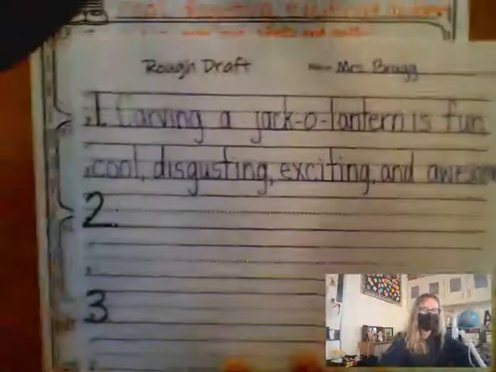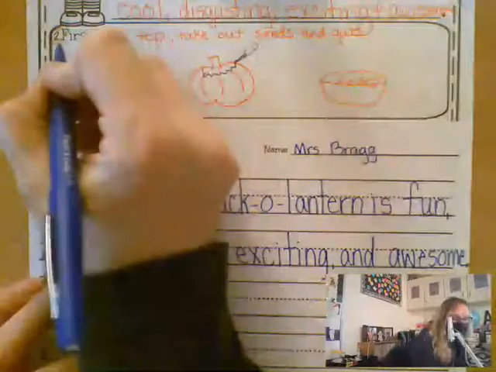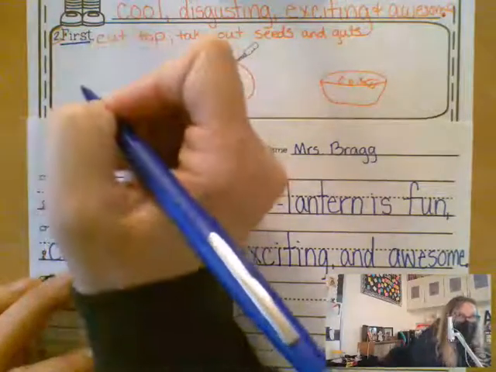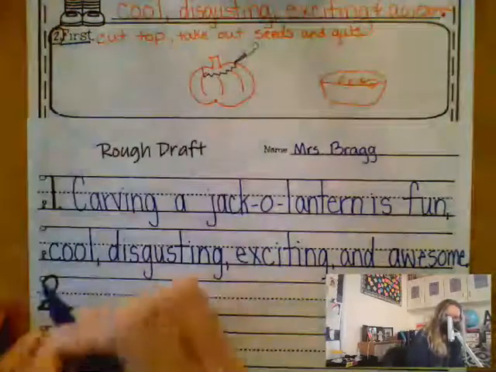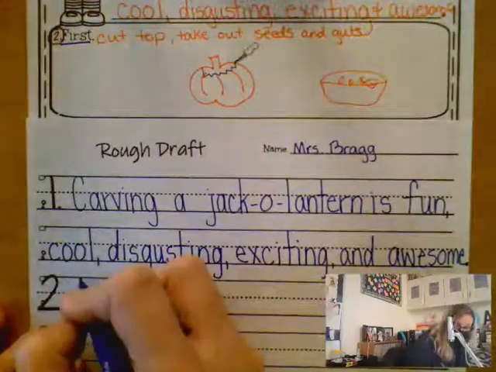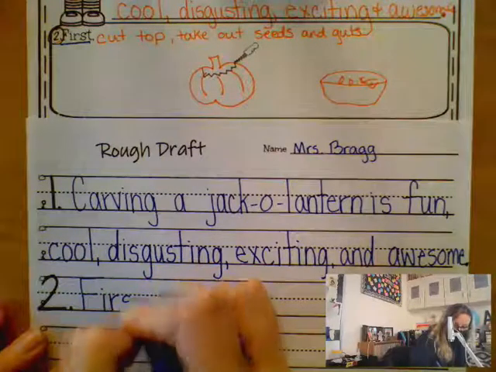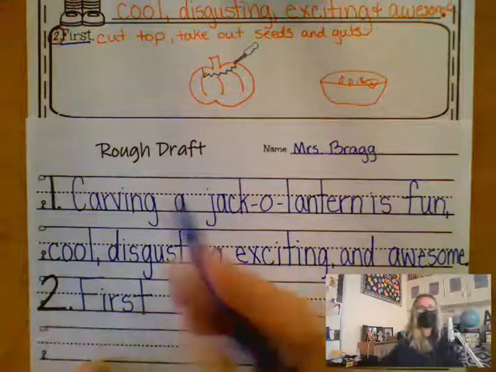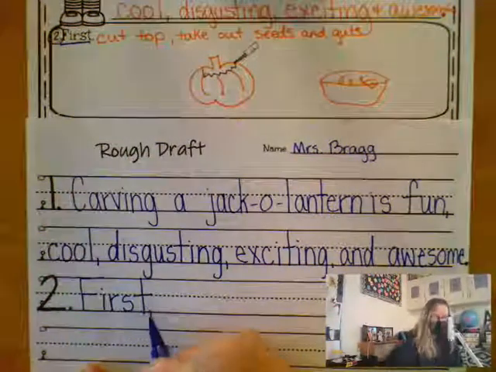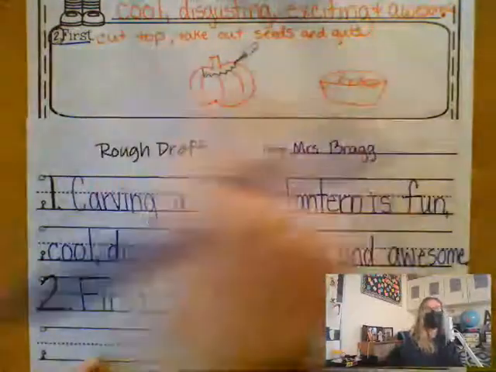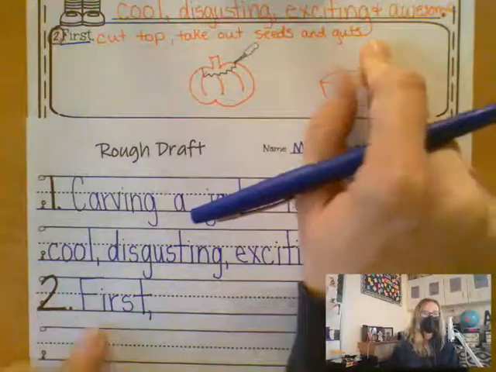Now I'm going to go on to step number 2. Do you see this word here? It says first. So I'm going to write that. Next to number 2, I'm going to write first. And guess what? When you do your rough draft, you'll write that too. First, comma, and then you put whatever you drew or wrote about. I said, cut top, take out seeds and guts. So first,